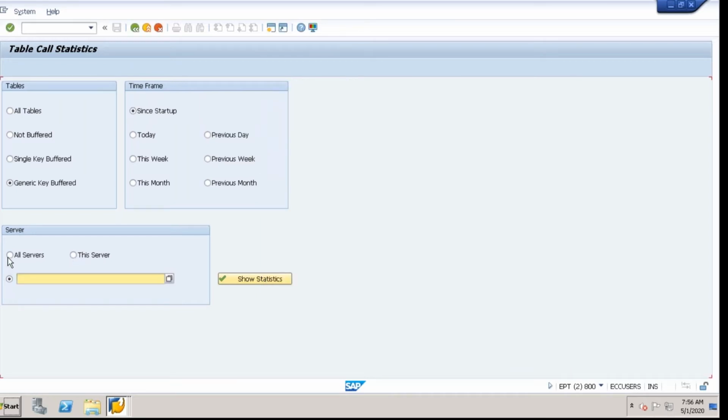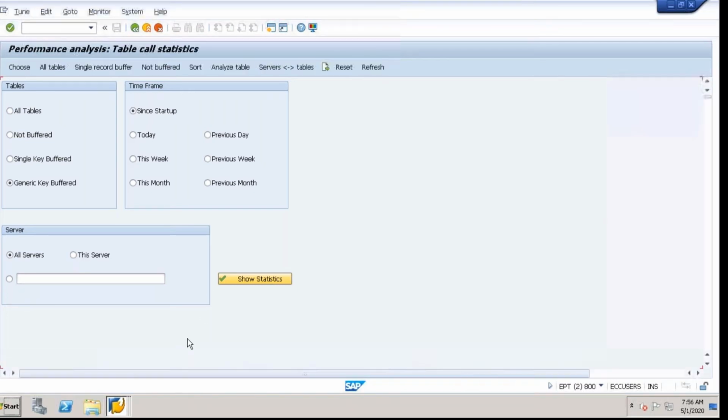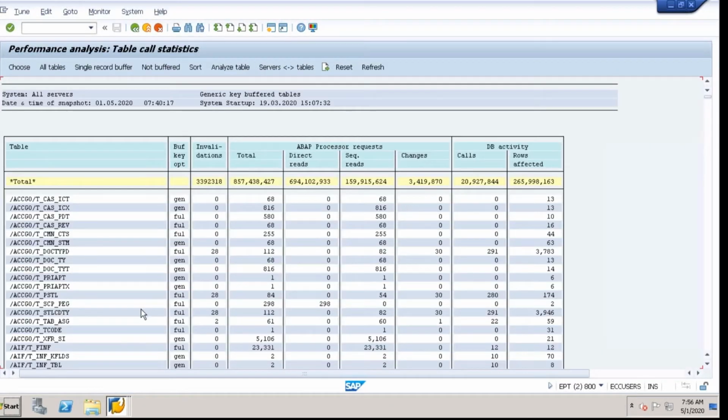Fine. So I'm going to select all servers and show statistics. Once you click on this button, it will start showing the statistics about all the tables which have been buffered. So maybe we can search for our table which